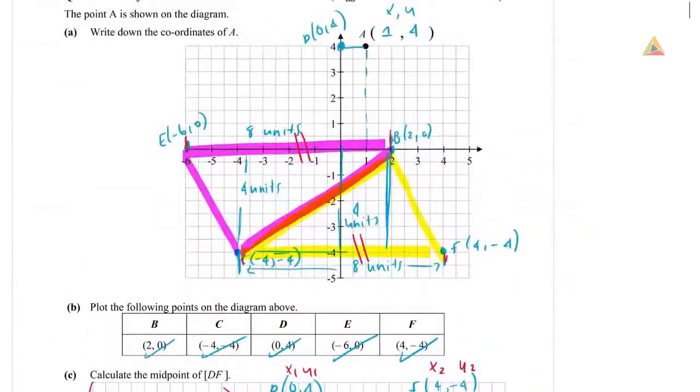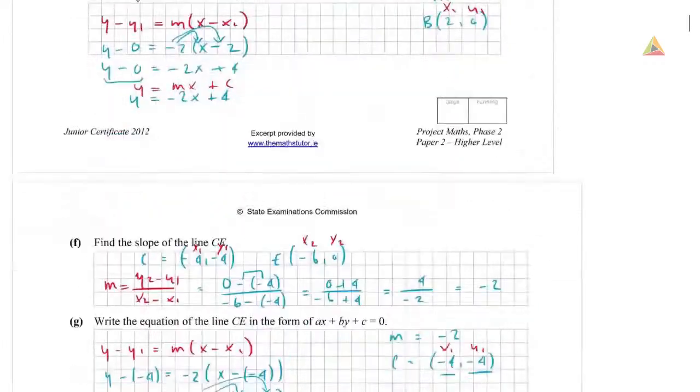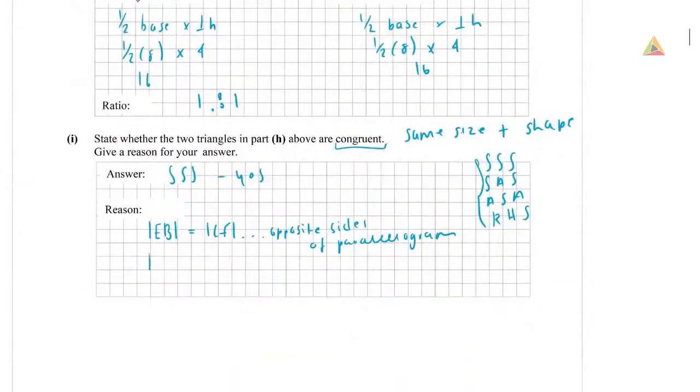So if we go back up, because it's a parallelogram, this side is also equal to this side because they're opposite sides of a parallelogram. So we can say EC equals BF, and it's the same reason as above. So that's another side. So there's your first side, your second side, and we're going to look for a third